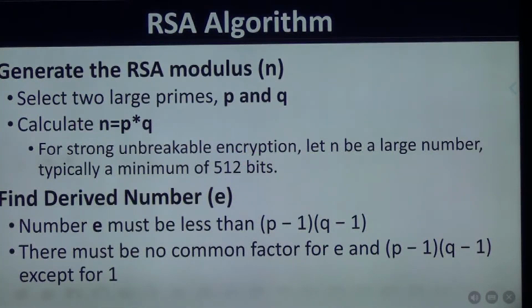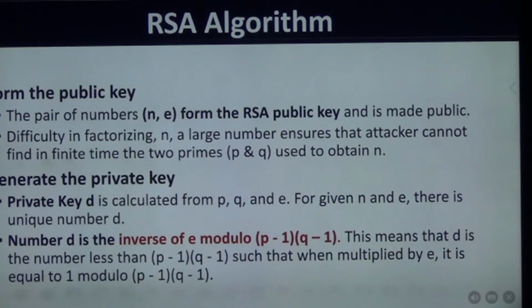And we also understand how RSA works. It takes two large prime numbers and multiplies them together, and you have an n. Then you do p minus 1, q minus 1, and find an e which is relatively prime to this product. The magic is in generating a d which is the inverse of e modulo. So once you multiply d with e and take modulo n, you should get 1. So the magic is in generating the private key, which is d.